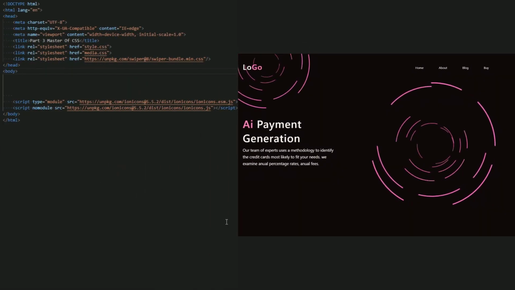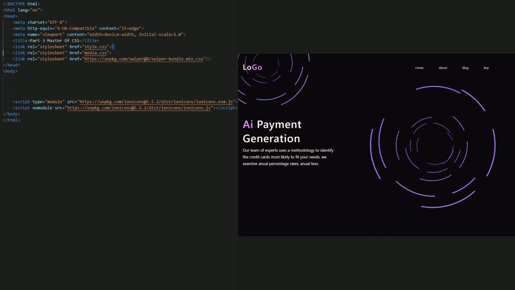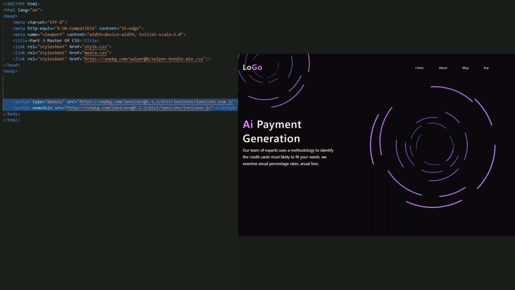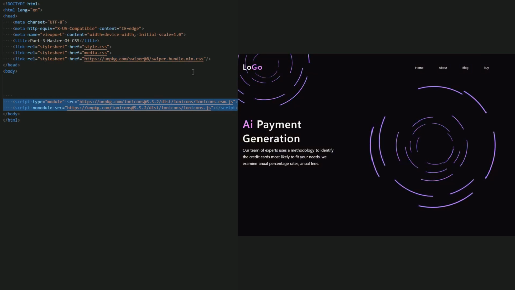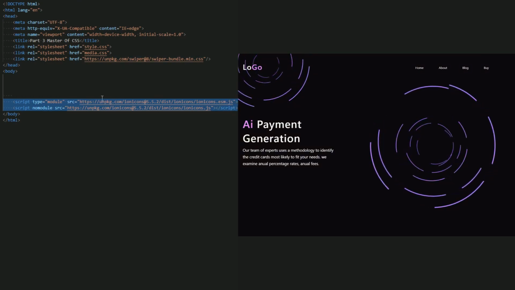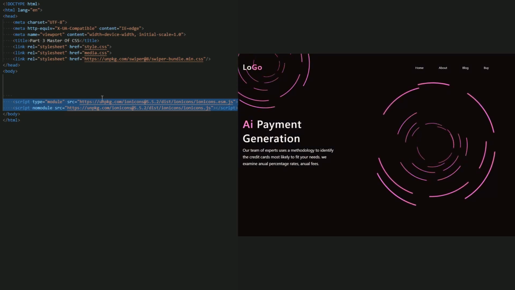Okay, now in HTML I have two styles of the CSS, and in the middle of the CSS I have an icon, for adding an icon from this website. You can add it right now in a script. You can just go to the website, copy this script and paste it in your HTML. And without any talking, let's do it, guys.